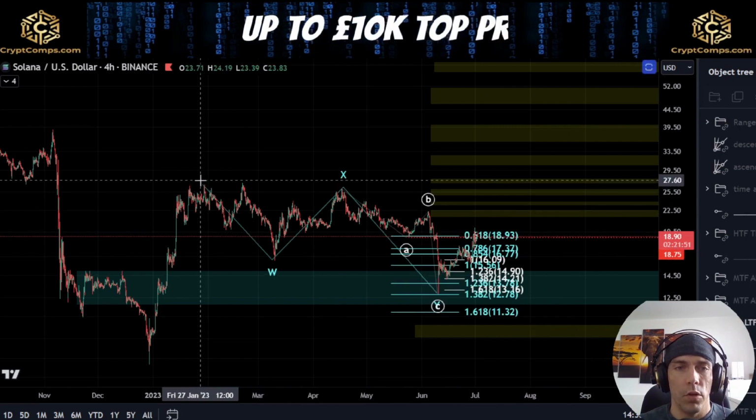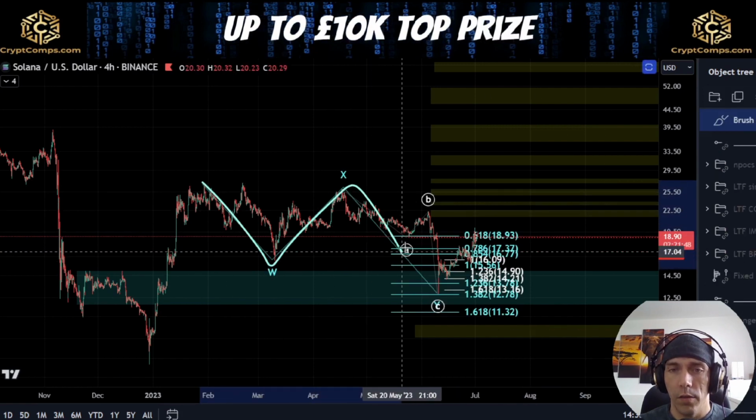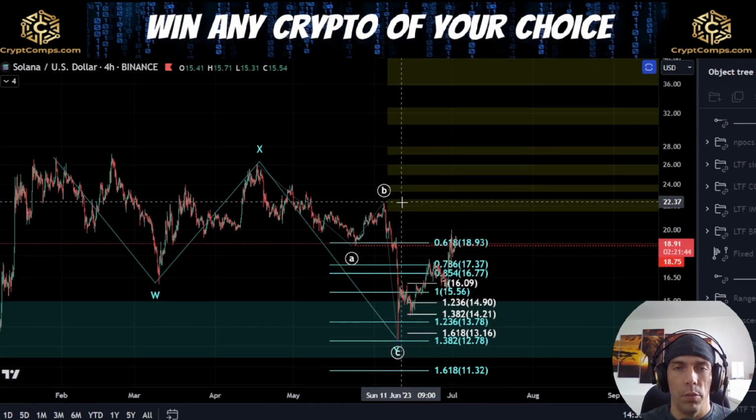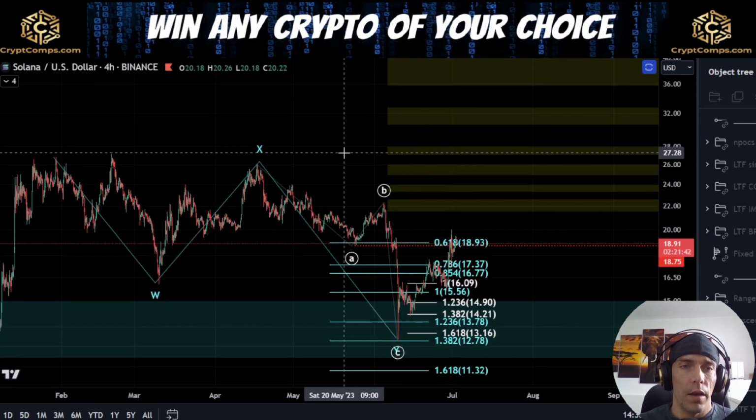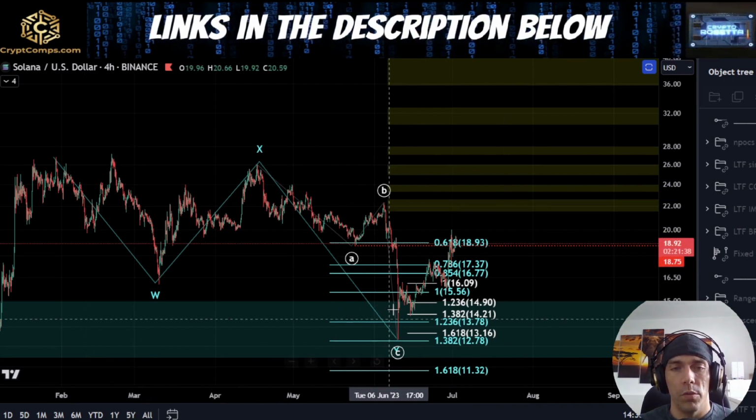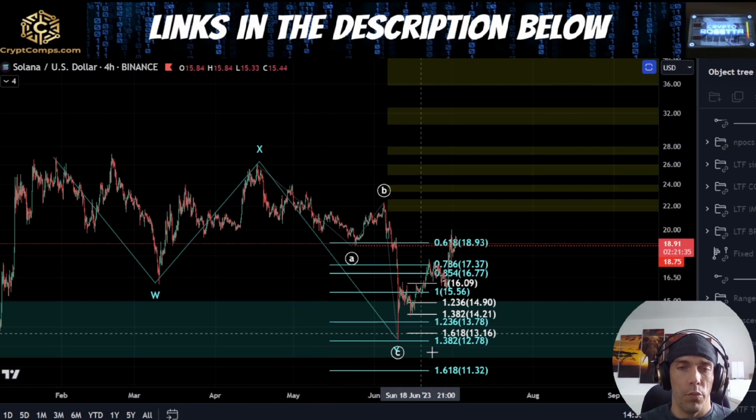If this is the case, we'd be looking at this as a W and X, and then this is A, B, and C into this low. Now really until we actually break back above this previous B wave here, and preferably above this X wave here, we need to just be aware there is always potential we could still look to break down from this point,